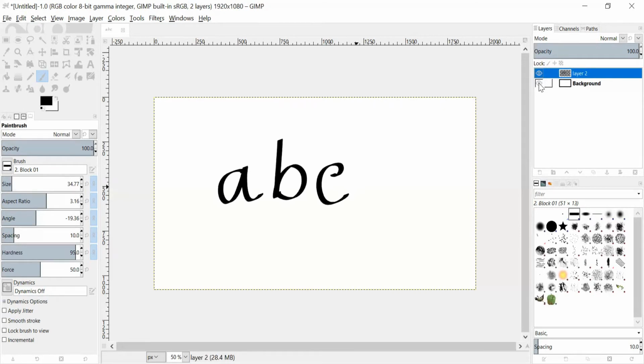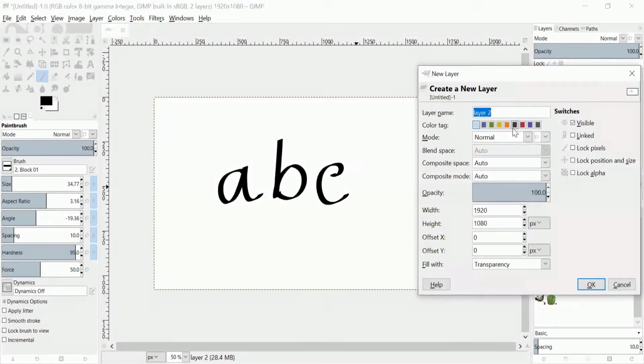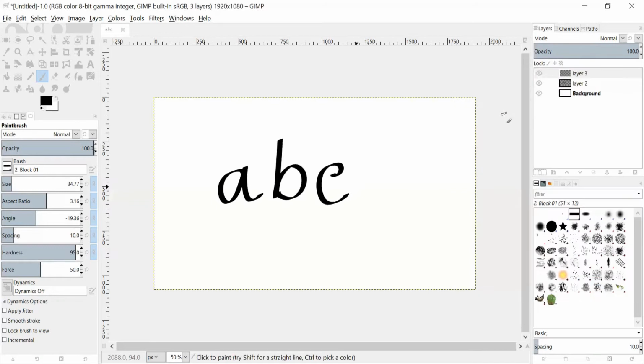To add a new layer, I can also use this icon here. Click on it, for example, this time I want to name it layer 3, also transparent, and enter. And now we have 3 layers. In this layer, for example, I want to draw a blue circle.